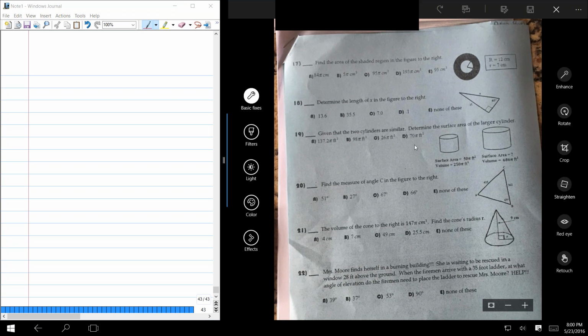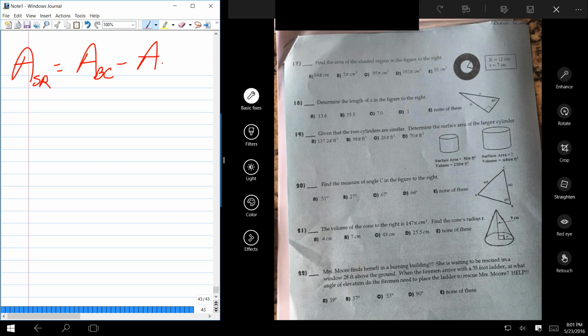All right. So find the area of the shaded region in the figure to the right. Give me the general equation for the area of that shaded region. It's pi times radius squared minus pi times radius squared. Or it's really the area of the big circle minus the area of the small circle. You know what I'd like to see you do is